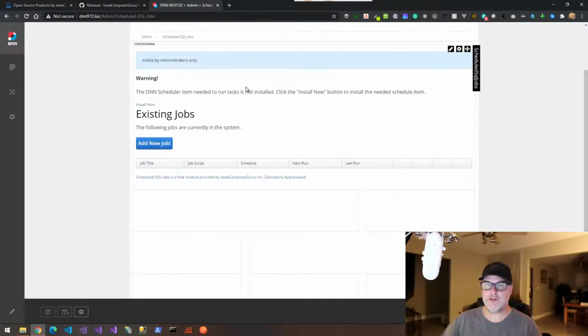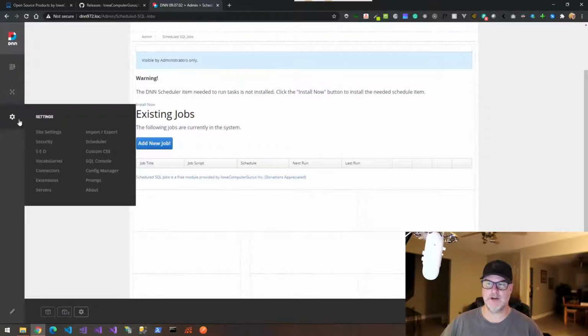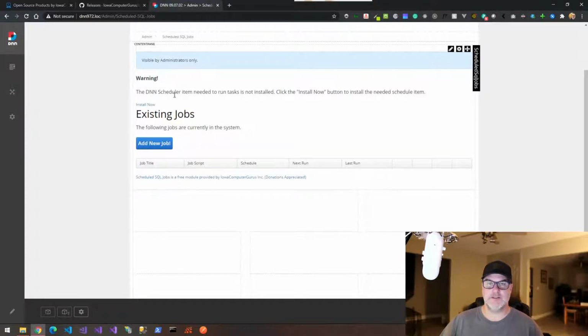Now the first thing that you're going to want to do: this module leverages a scheduled job in DNN, and all your scheduled jobs are over here in settings and scheduler. But we need to actually, okay, we installed the extension, but that job doesn't get created automatically. So